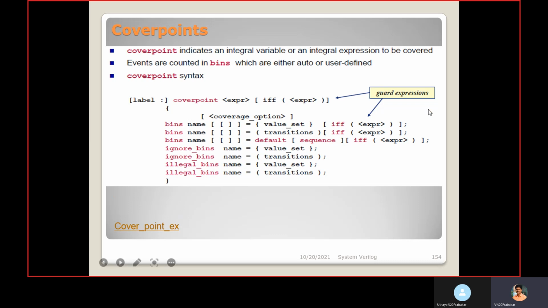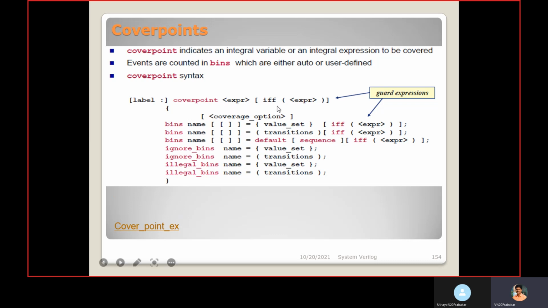The cover point example here. A cover point indicates an integral variable or an integral expression to be covered. Events are counted in bins, which are either automatic bins or user-defined bins. The cover point syntax is: you can mention a label here, then the cover point keyword, then an expression, a signal, or a variable.